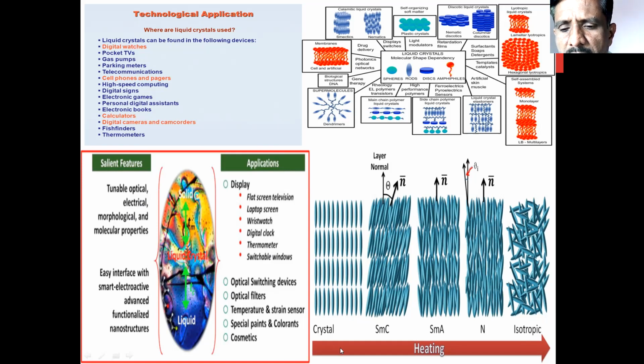When we increase the heat, what happens? This crystal will be converted into isotropic. Just previously, I showed you that some angle is observed between two molecules of the liquid crystal, but in some cases no angle is observed, that is called theta. I have shown here the greater theta, here a smaller theta, and here no theta is observed. So on heating, the intermolecular angle is observed in each and every case of the liquid crystal, and due to formation of such an angle, the liquid crystal shows different physical properties.